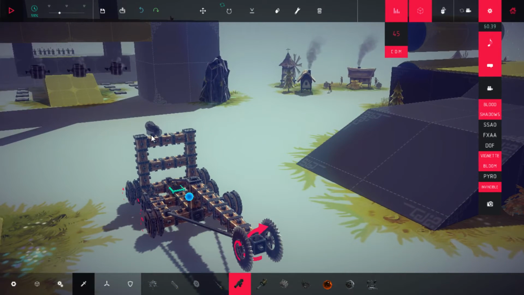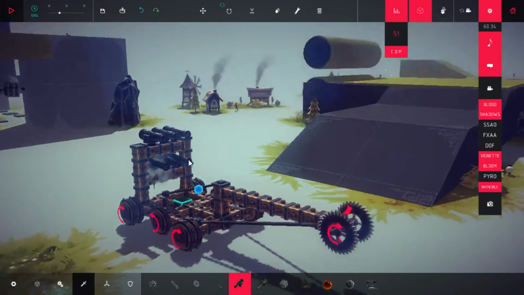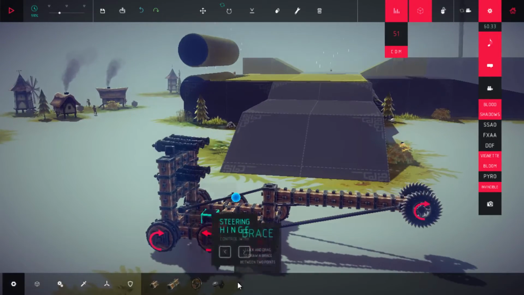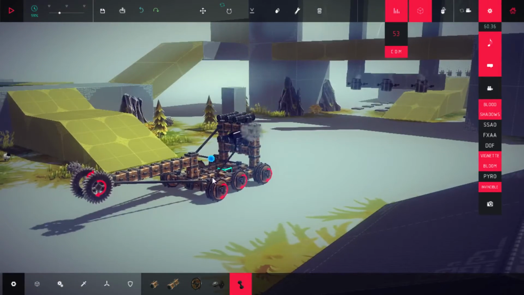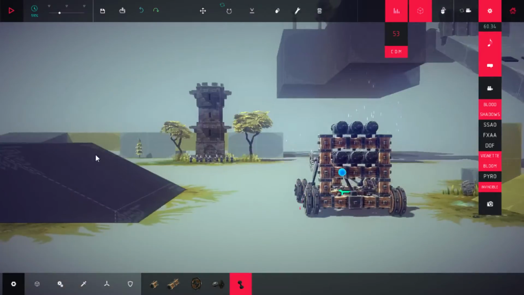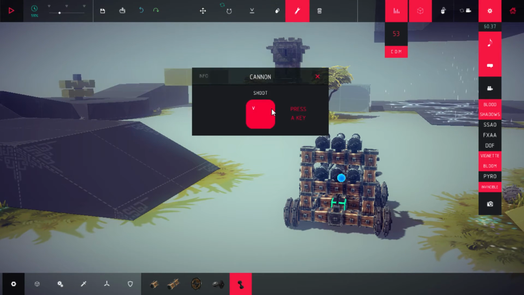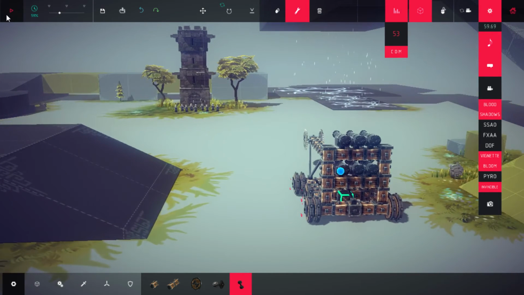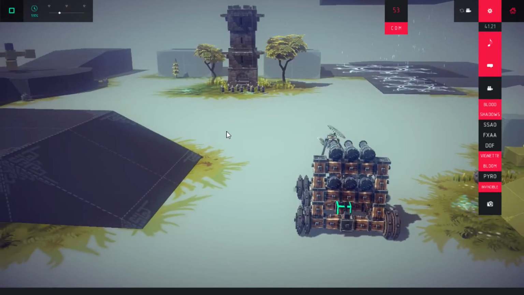Put some cannons on here. Let's just do that. There we are. Let's put just a little bit of bracing on here. A little bit of bracing on here. And let's also do extra options here. So if we make this V, V, and V, so there we go. We've got 2 different banks of cannons. This thing will be spinning all the time, so it's just a matter of